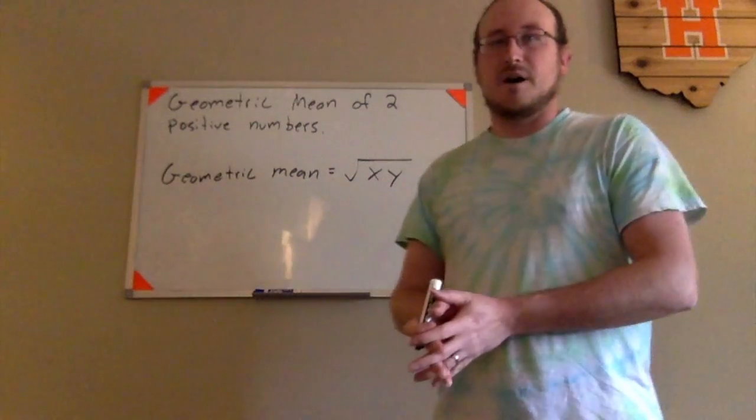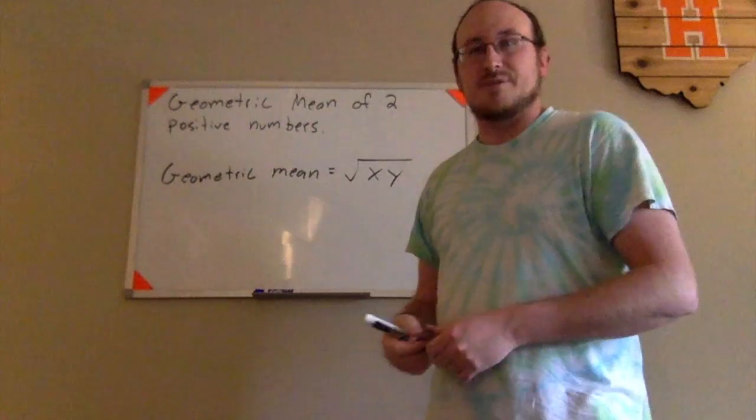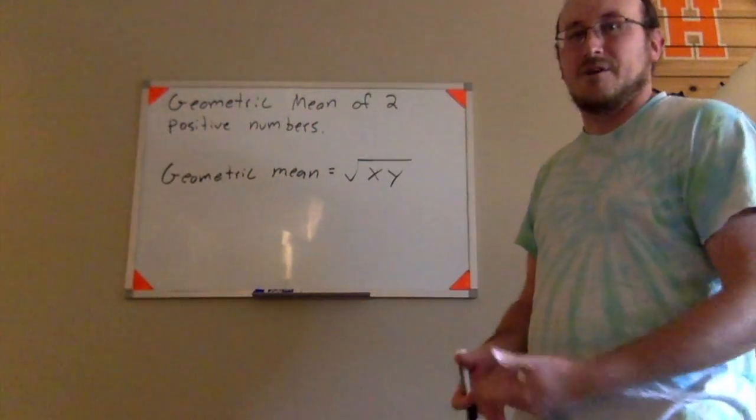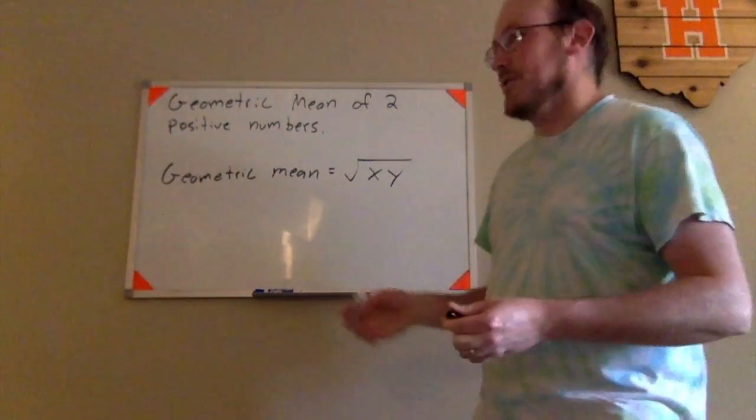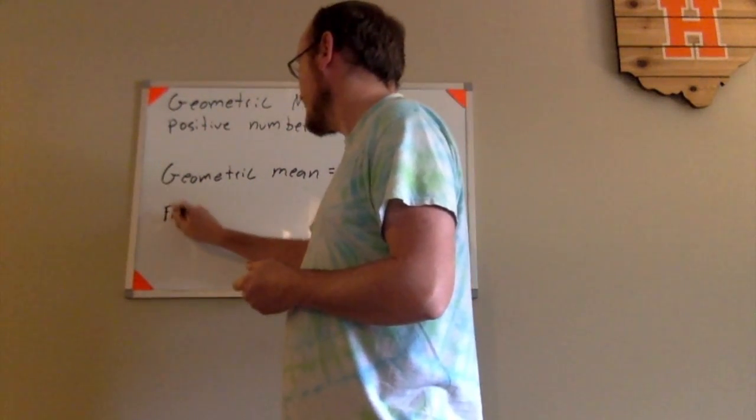Because that product of two positive numbers will be positive and the square root of a positive number will be positive, the geometric mean by definition is a positive number. So if we wanted to take a look at an example really quick, if we wanted to find the geometric mean